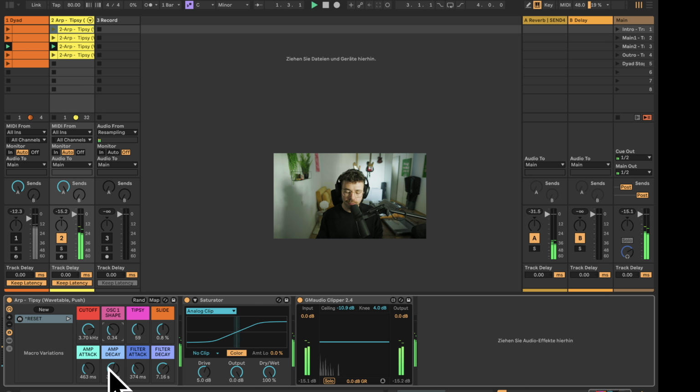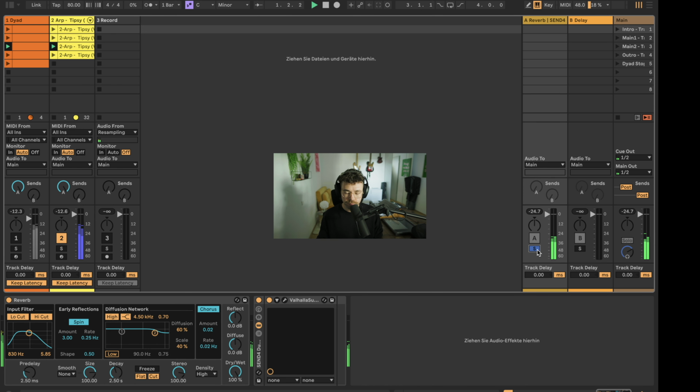So just remember, we had this and we came from this. So big change in sound, and it's also going through the reverb send, just again to create this nice tail